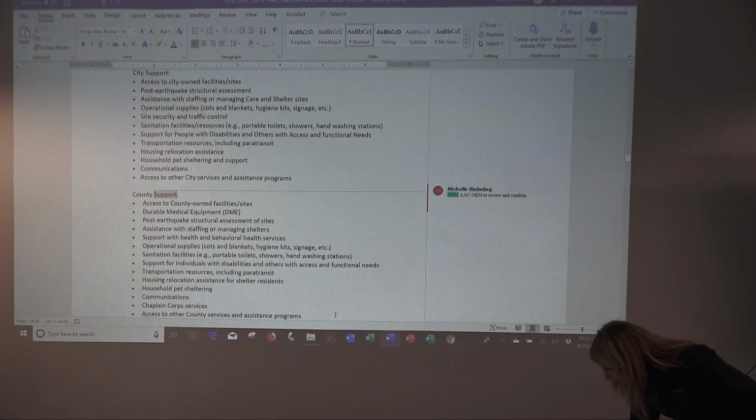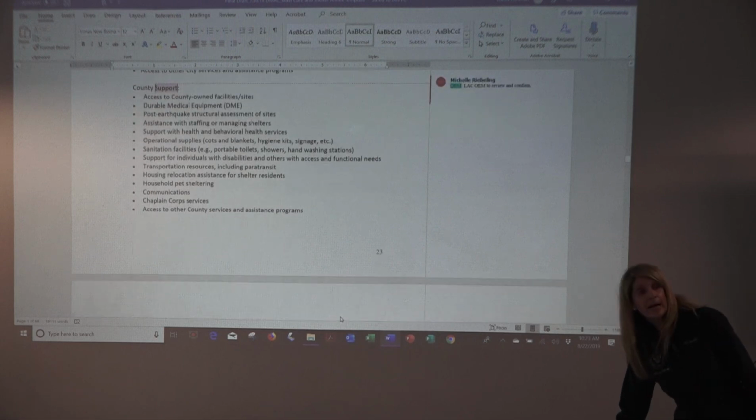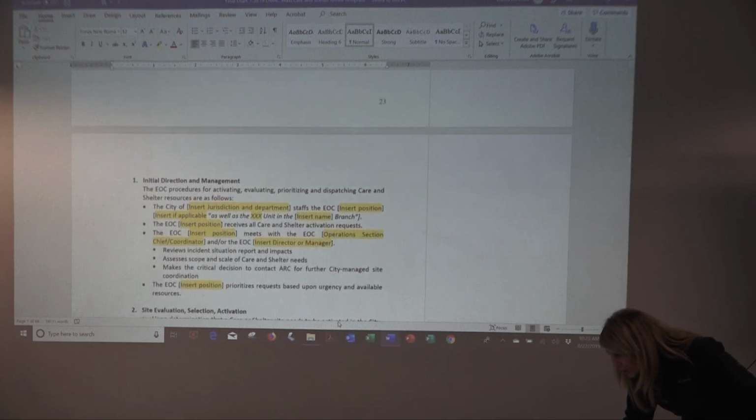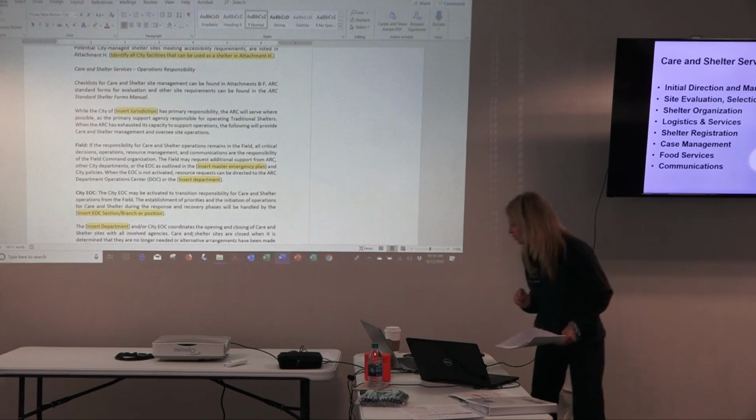But you can take a look at those. And then the county support list, the county has actually reviewed those, and they have confirmed that that's what they provide. So you don't need to make any change on that. So one of the things I want to backtrack just for a second, it'll only take us a minute,